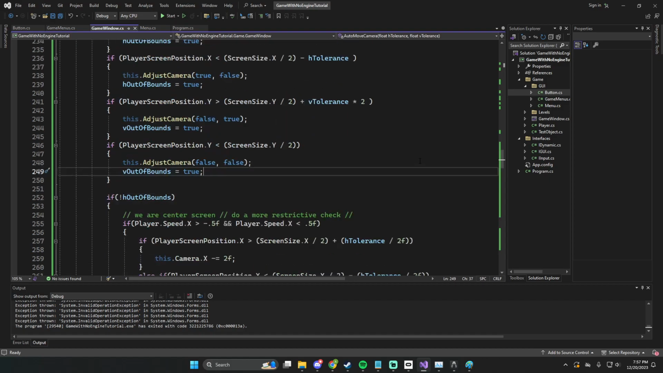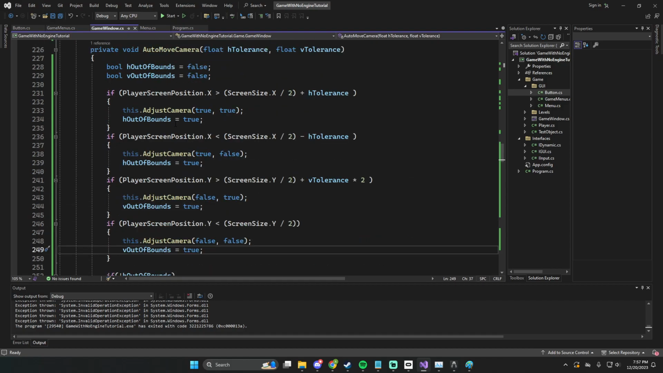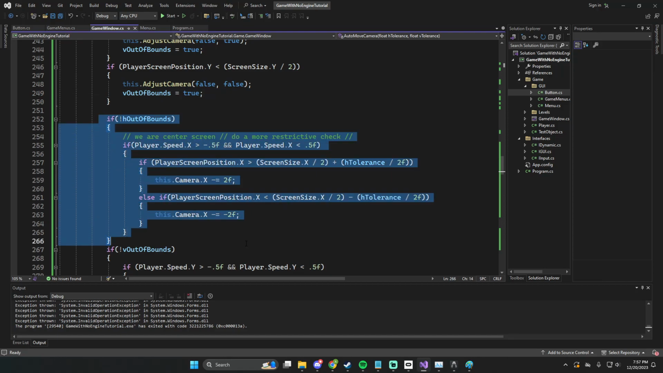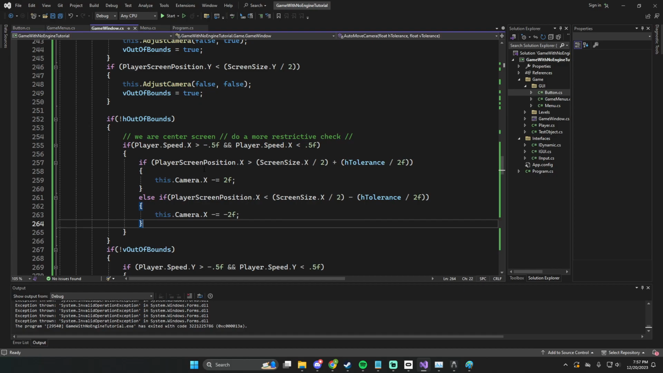Usually what I found was the camera wouldn't go up and down, it would just go left and right. So I didn't like that. So I'll leave it as if and use a boolean to check. So if we did not set H out of bounds to true, so if it's false, what I'm doing is checking